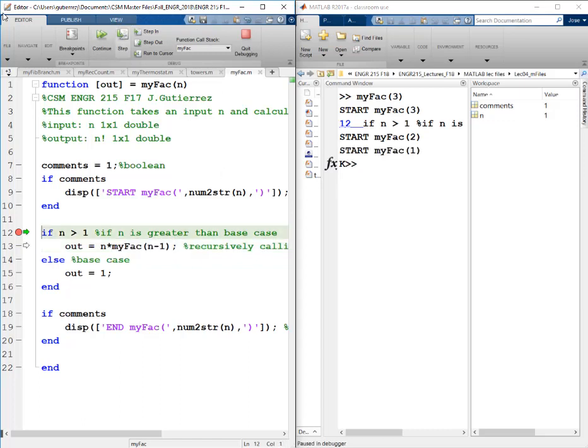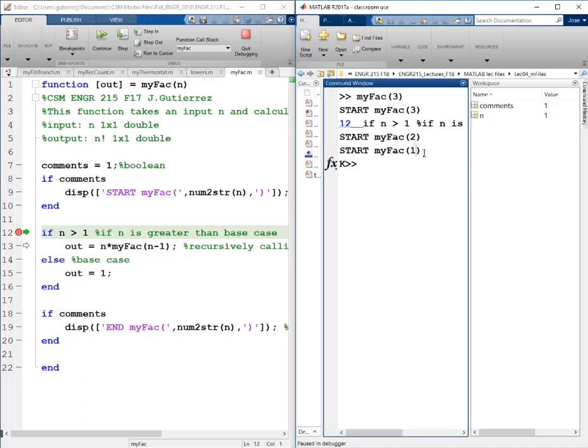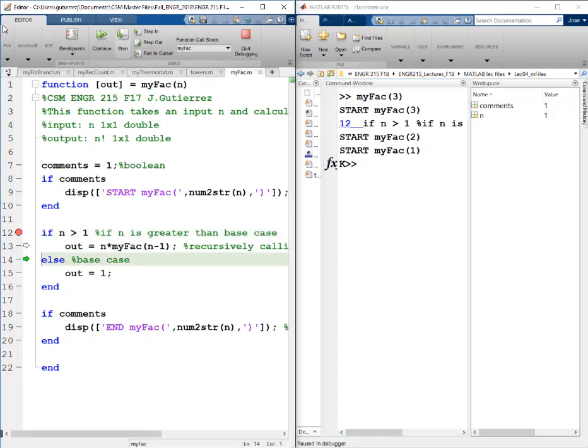I'll step here, and now we're recursively calling or starting my factorial 1. So I'll continue on, and what we'll see is now n is 1, so we'll output the base case. So now we can finish evaluating our code, and what we'll see here is now we're ending my factorial 1, and we'll pass that 1 back up to